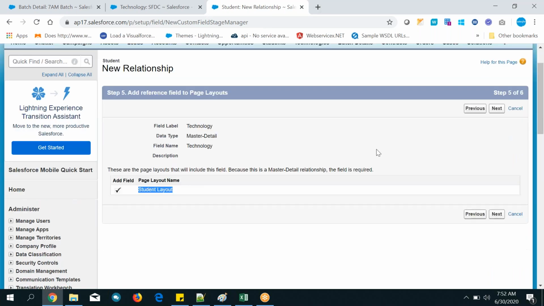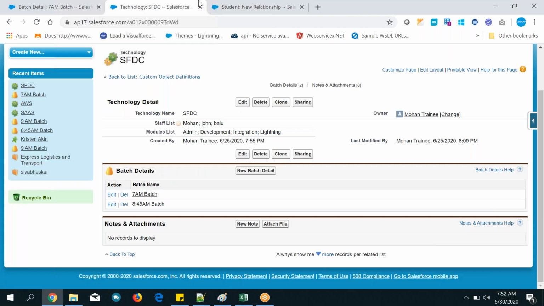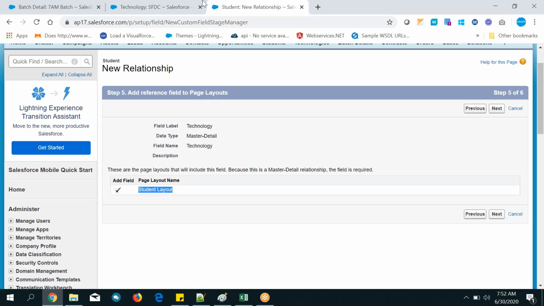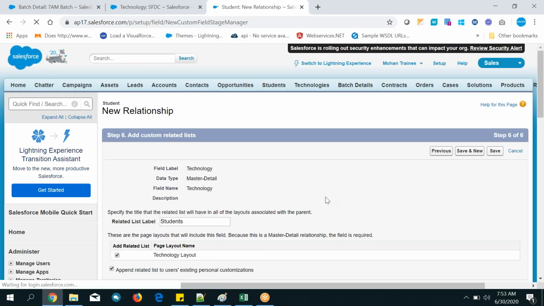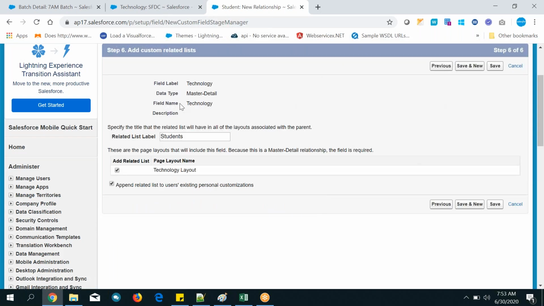See here, when you create a new field, it is always displayed on the page layout, on the record detail page, automatically. Why? Because it is added to the page layout. Next.